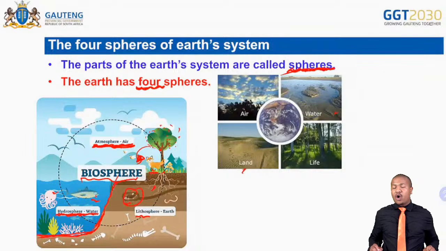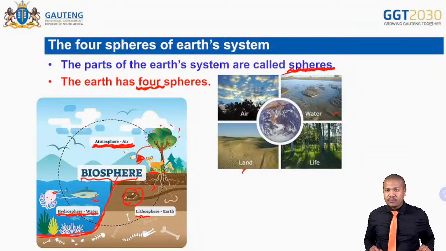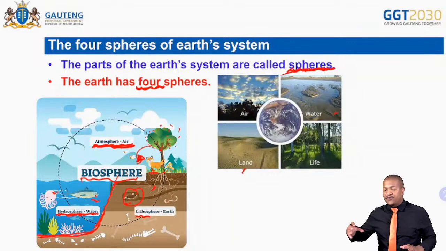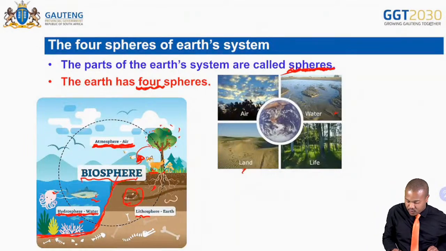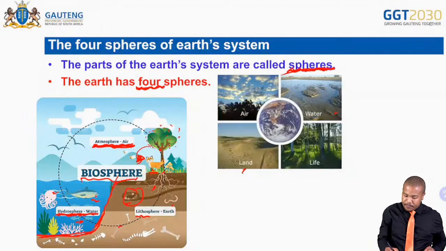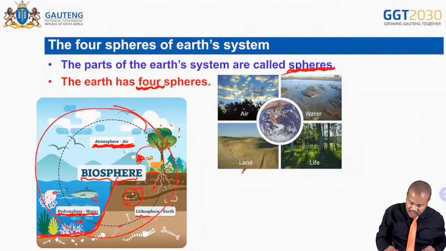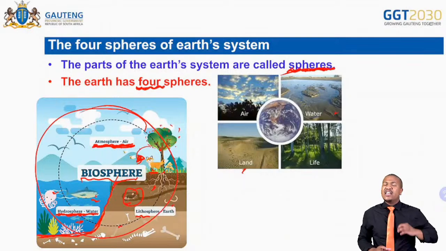Rocks and soil. So now let's remember our definition of biosphere. We said that the biosphere can only exist where the other three spheres are interacting, right? So when you look at this, we have looked at these examples. The hydrosphere interacts with the lithosphere in such a way, the lithosphere also with the atmosphere, right? So all these now give us our biosphere, which is the interaction between living things and the non-living things,